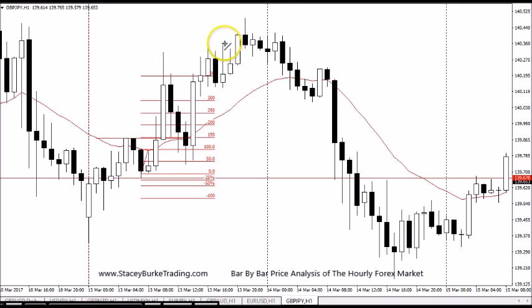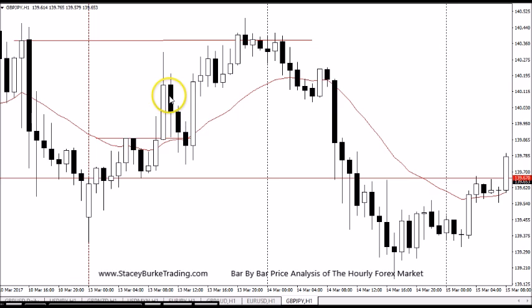And an easy way for you to look for a level to exit on is somewhere either on the previous high of an hourly candle, or an opening range where a candle's broken from. So now if traders were not into that trade, the next possible opportunity again is that we head